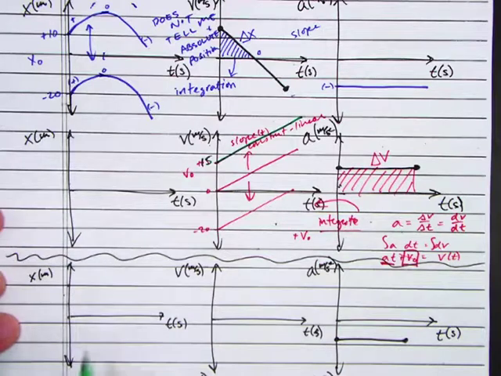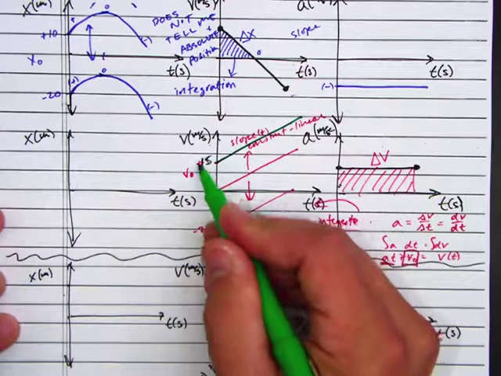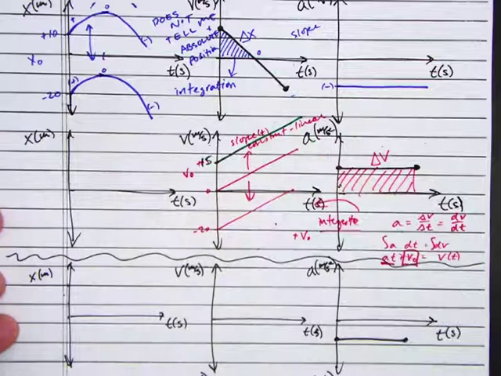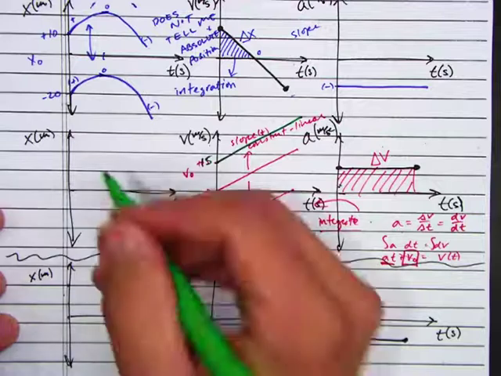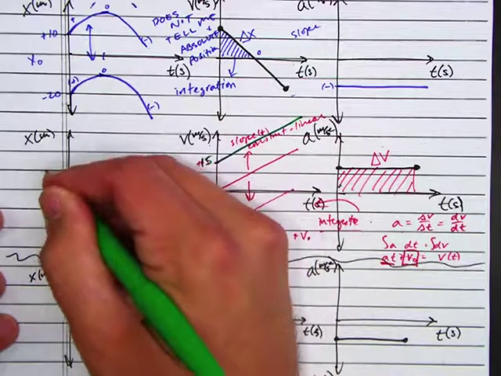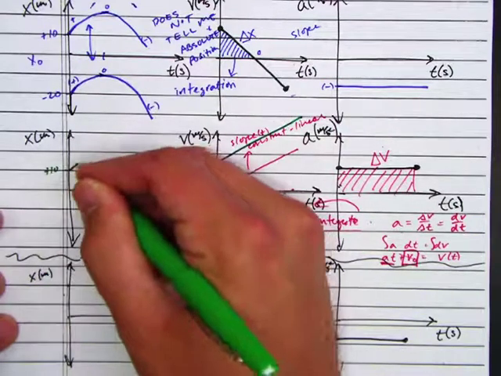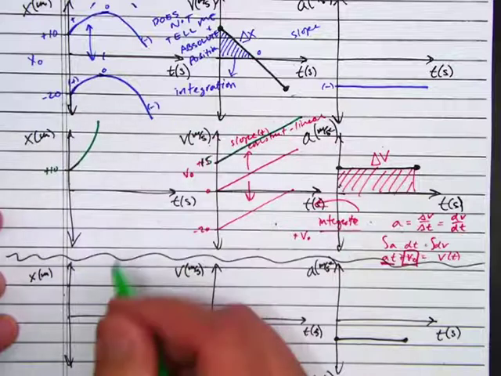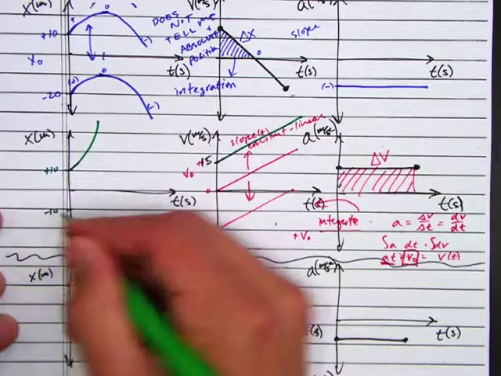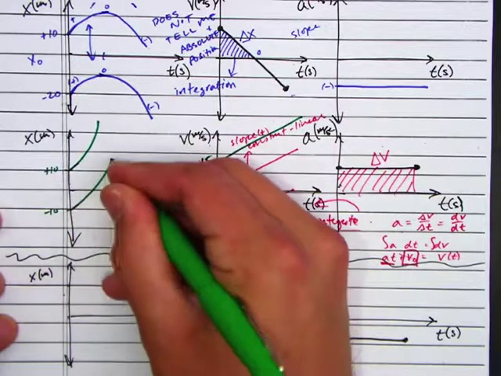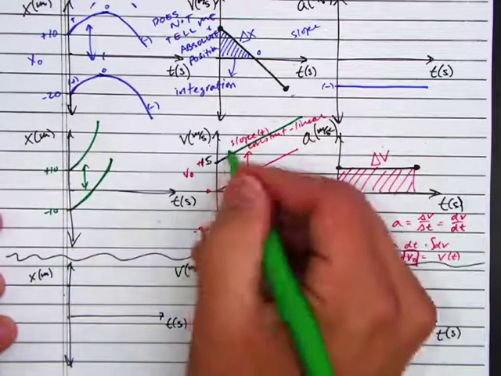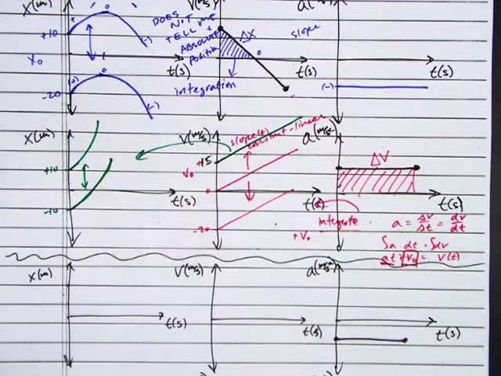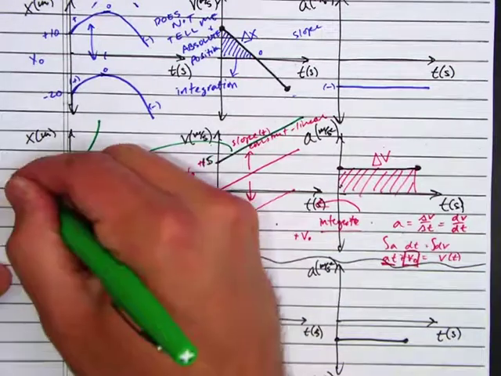So if I start with a +15 velocity and then I increase over time, I start with a steep positive slope that gets steeper. But I also don't know where that is. So it could be here at a +10, it starts positive and then gets more positive. Or here, -10, starts positive and gets more positive. So the shape would be something like this if I'm going from this one. But it would be shifted along the axis depending upon